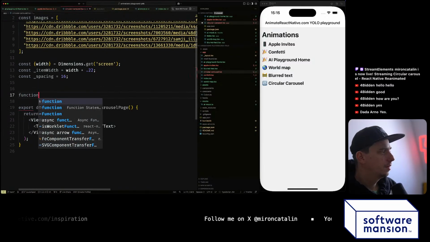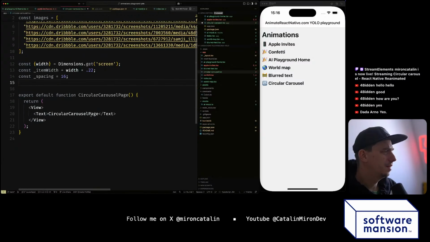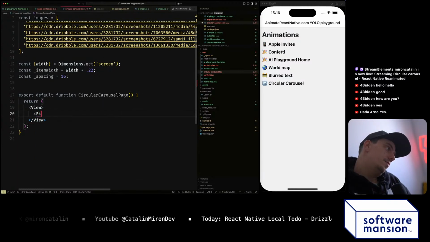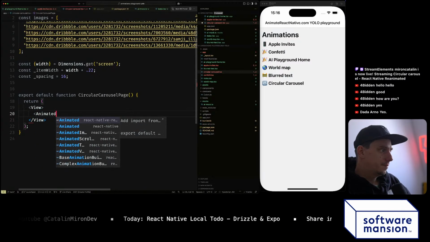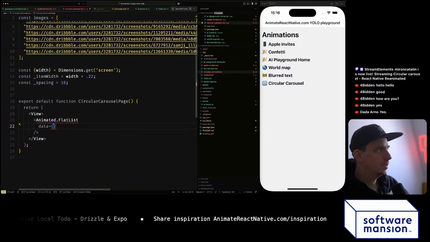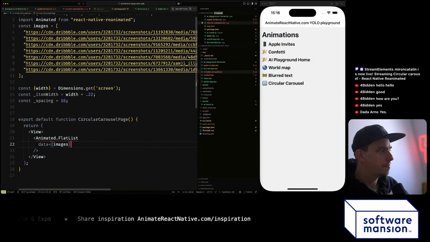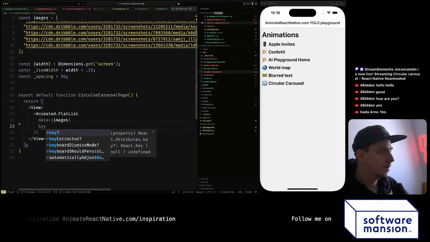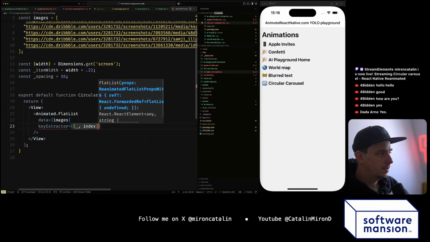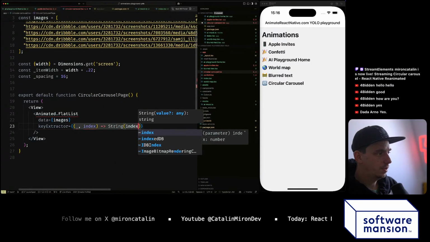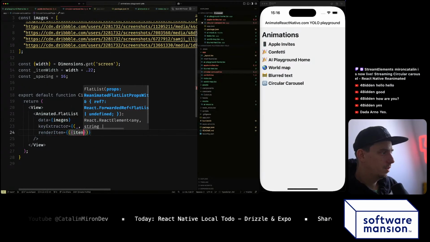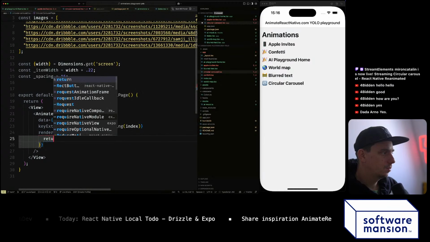Now we need to create the function. Let's do everything here. We will use an Animated FlatList that's coming from React Native. We are going to say data is going to be images. We are going to have a key extractor, which gets the item, doesn't matter, and the index, and we are going to return the string of the index. And we are going to have a render item. It's going to get the item and the index, and we are going to return